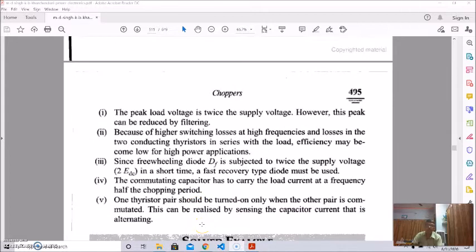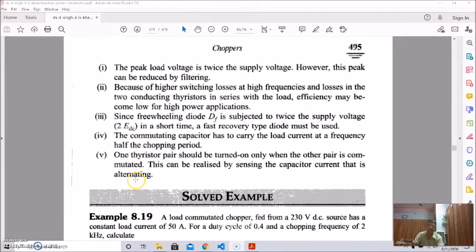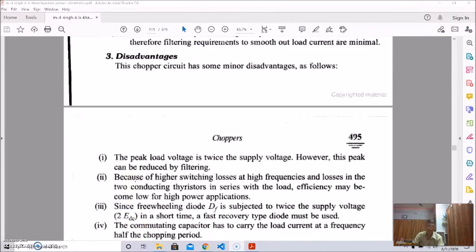One thyristor pair should be turned on only when the other pair is commutated. This can be realized by sensing the capacitor current, which is alternating. So that's all about this